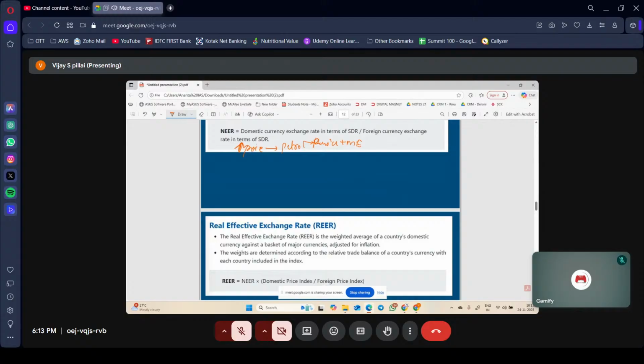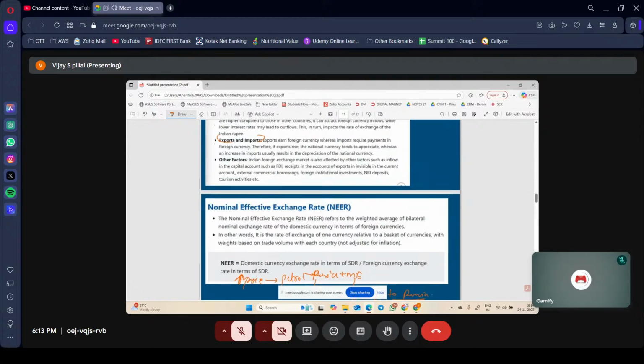We are doing it. So if that is the case, what we'll do? We need to pay more to Russia. Whenever we are paying to Russia, we should be paying it in dollars. That is, the demand for dollar is increasing. If demand for dollar is increasing, demand for rupee is going to depreciate. The rupee is going to depreciate. Okay, so that is the case with inflation.